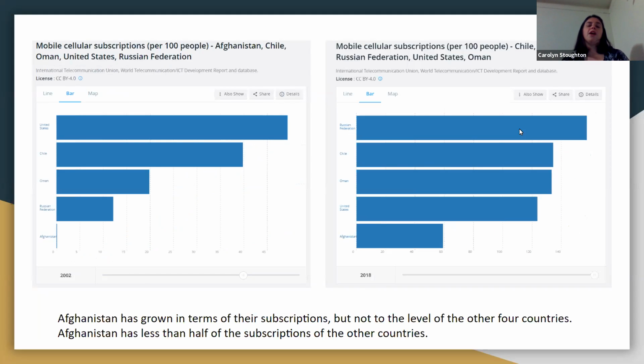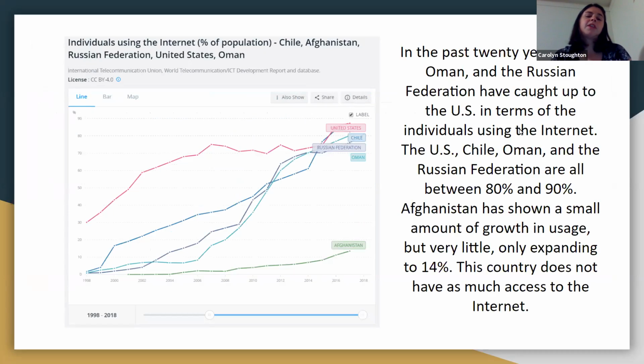This is another graph that helps display the data. You can see that Afghanistan has less than half of the number of subscriptions of the other four countries, which really shows the difference in growth that the countries have. I also talked about how individuals use the internet